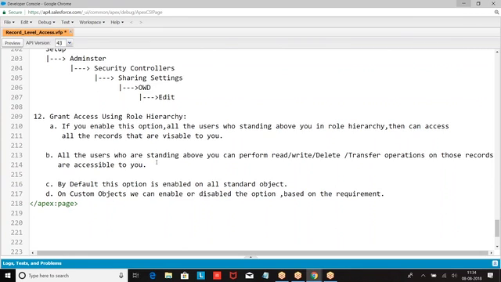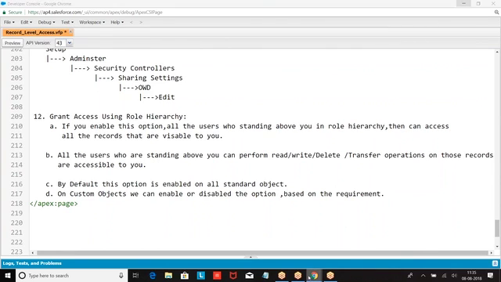So, grant access using role hierarchy is by default enabled on all the standard objects. On custom objects, we can enable or disable based on your requirement. I hope you are clear.